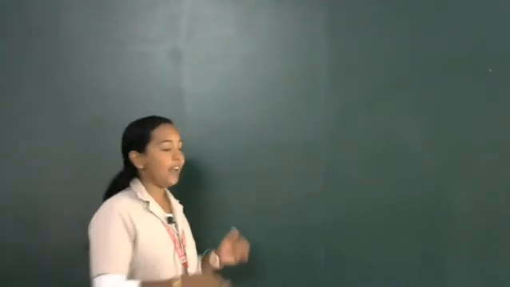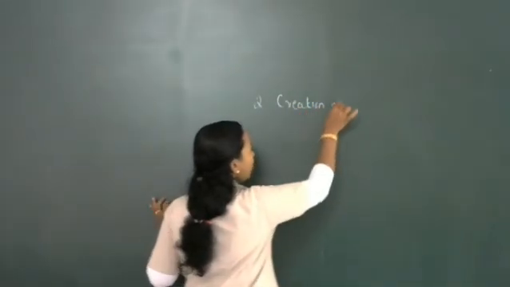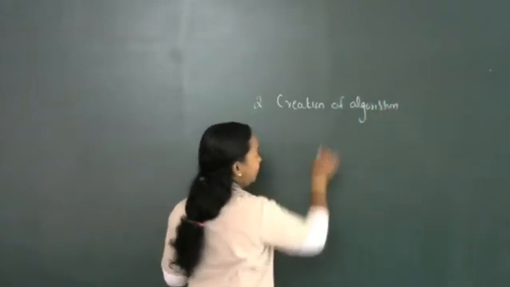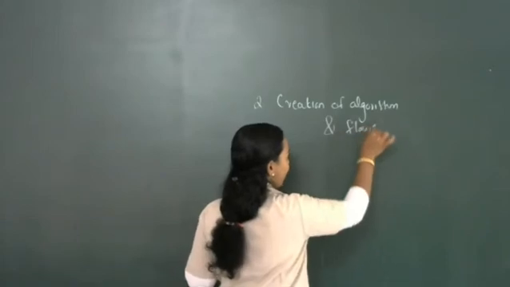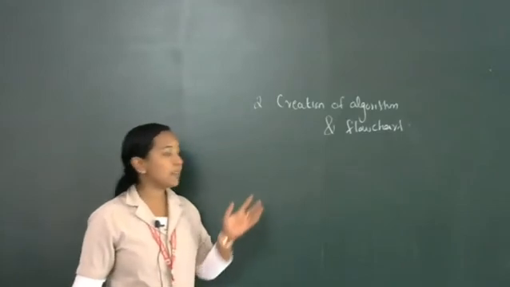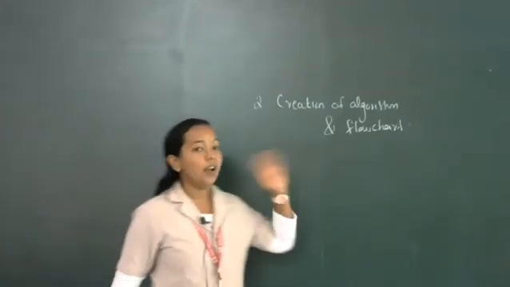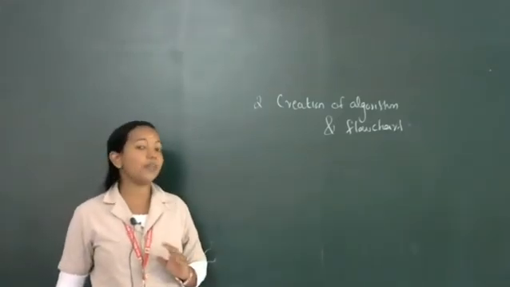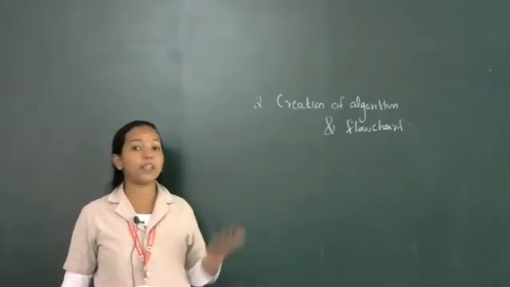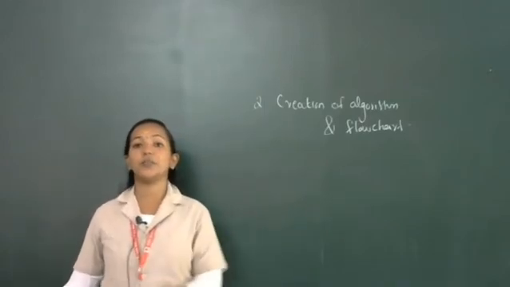Then after that, second step was creation of algorithm and flowchart. Second step in phases of programming. What is the second step? Creation of algorithm and flowchart. Once we identify the problem properly, then in the second step we can create a step-by-step solution or a pictorial representation to solve the problem, or we are designing the solutions for the problem.